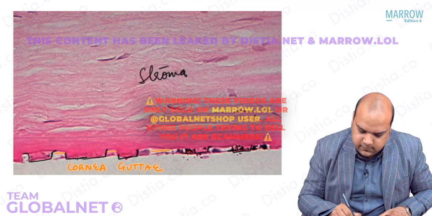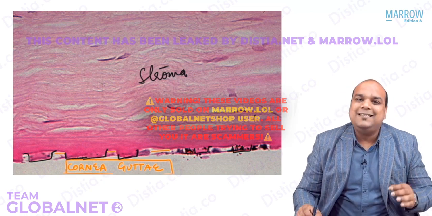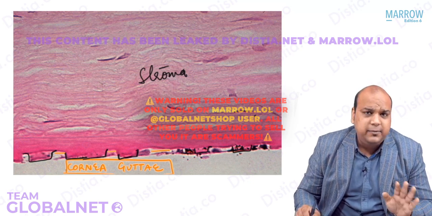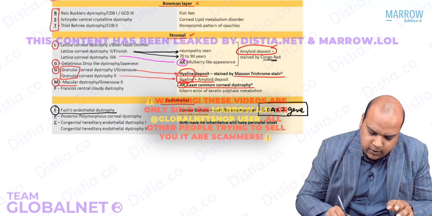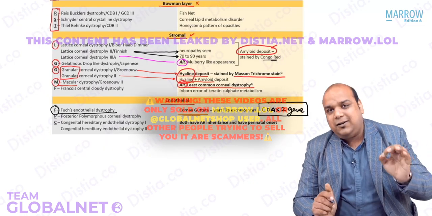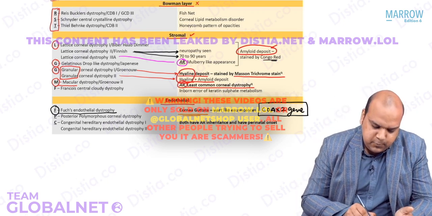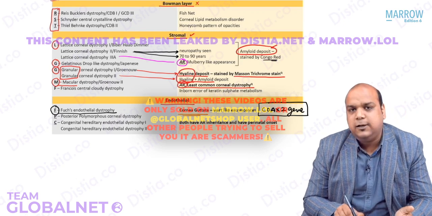These are known as corneal guttae. And these are what are diagnostic of Fuchs endothelial dystrophy. Am I clear to everybody? There should be no confusion about this. That is the word written here, corneal guttae. Wart-like excrescences. Done, everybody? Then there are two others, posterior polymorphous corneal dystrophy and congenital hereditary endothelial dystrophy type 1